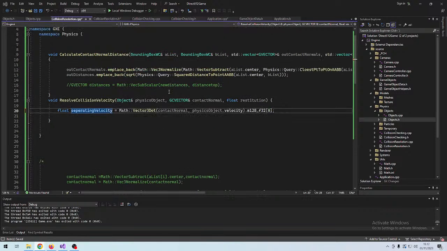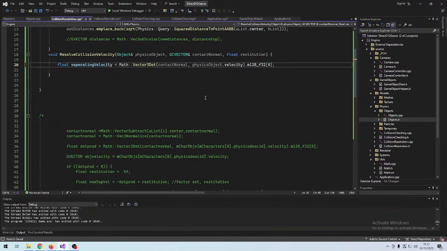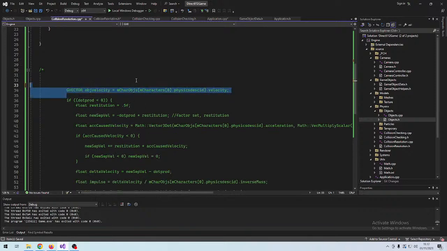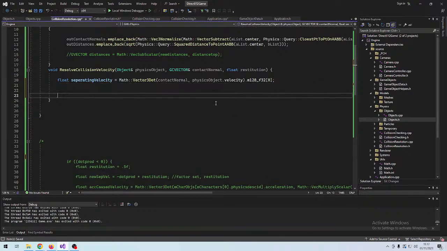This will be between static objects, which doesn't move. We do not need to store the velocity. If the separating velocity is below 0, we just... or rather, if it's larger than... or rather, if it's not less than 0,